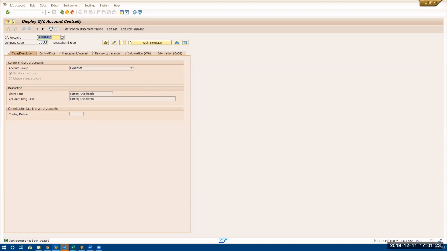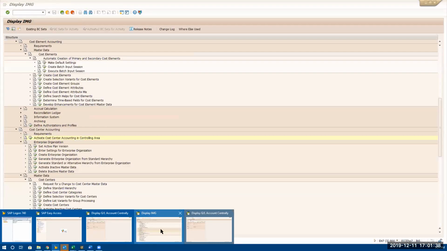Okay. So next thing is I don't have a cost center to post. I have to go and create a cost center. So how do you create cost centers? First thing, you have to create a hierarchy. What is a hierarchy? Remember when we create a,